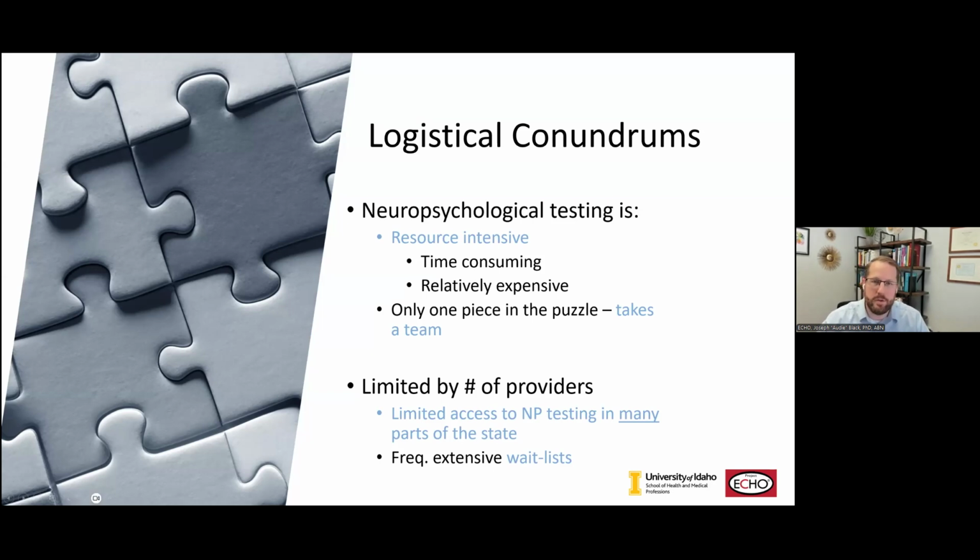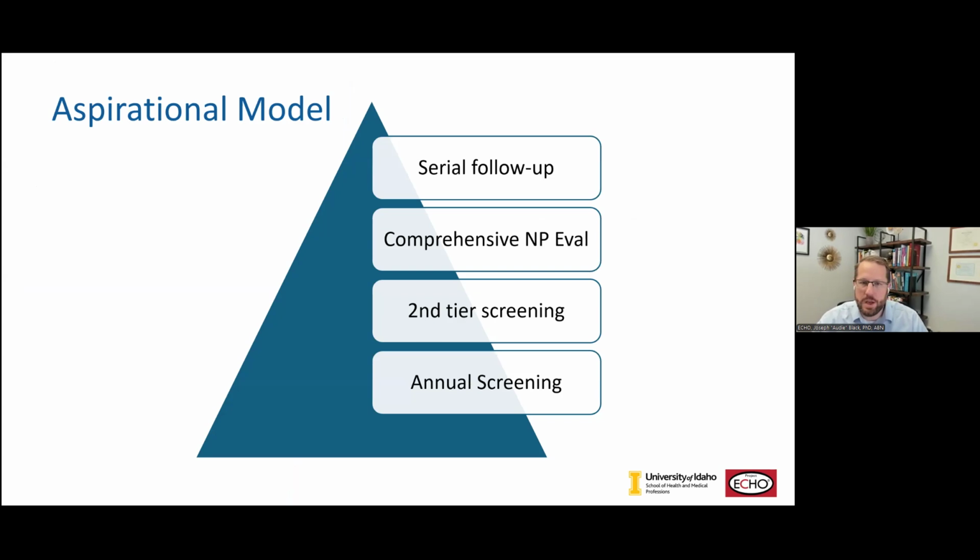And in Idaho, extensive wait lists at most clinics, and there's often no neuropsych available in huge swaths of the state. So we have a real resource challenge there. And I highlight that given that the specialty guidelines say to do it. And yet it's often very challenging here. Next slide. So in an aspirational model, we would do annual screening on everyone over, let's say, 60,